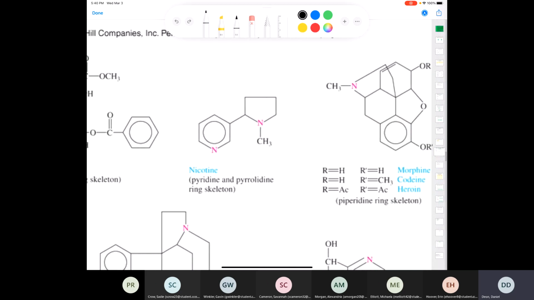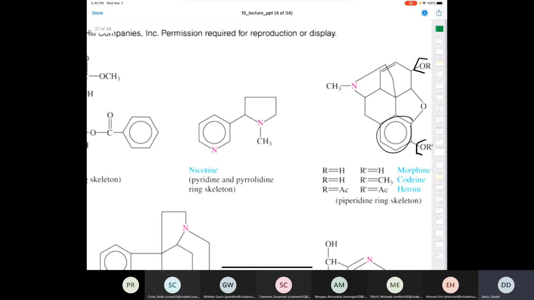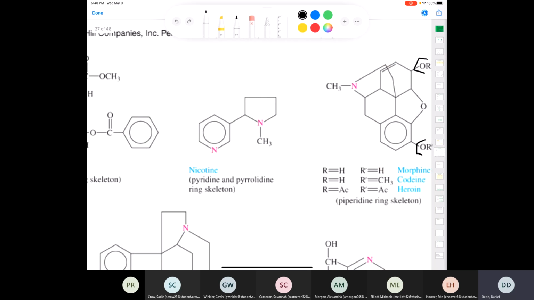This last one, it's kind of on the edge here, but you see these two R groups here. We have one up here, and then we have another one down here. Well, this interesting structure, which has a bridge that goes over here, we have a nitrogen in the ring. We also have an aromatic portion in the molecule right there. Well, depending on what those R groups are, we get some really interesting